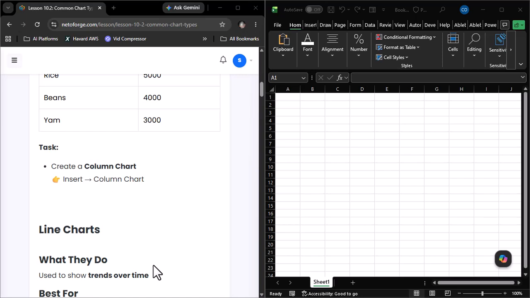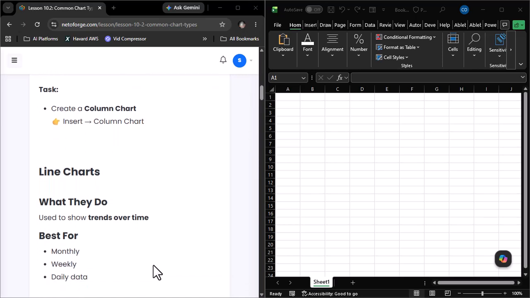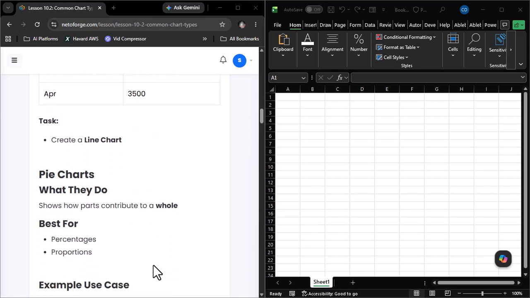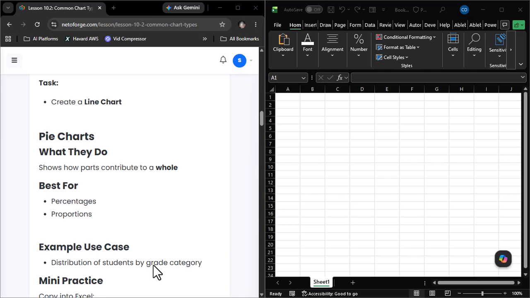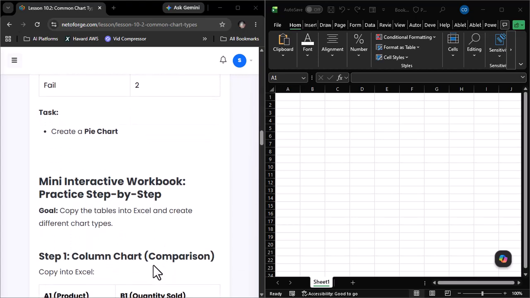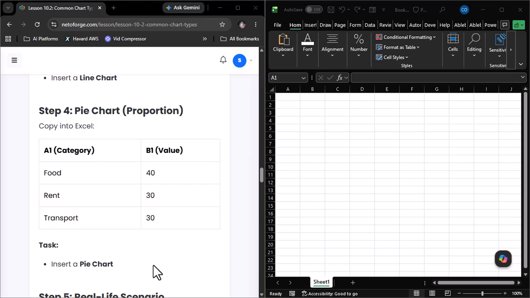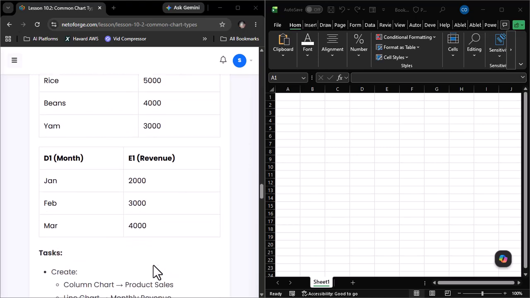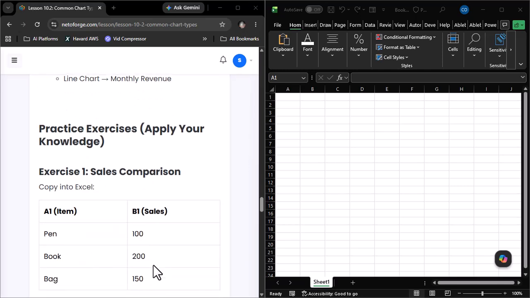We also have line charts, which are used to show trends. We also have the pie chart, used to show distribution. Let's say, for example, the distribution of students by grade category. It can be used to achieve that. But before we wrap it up, I'll be looking at some exercises